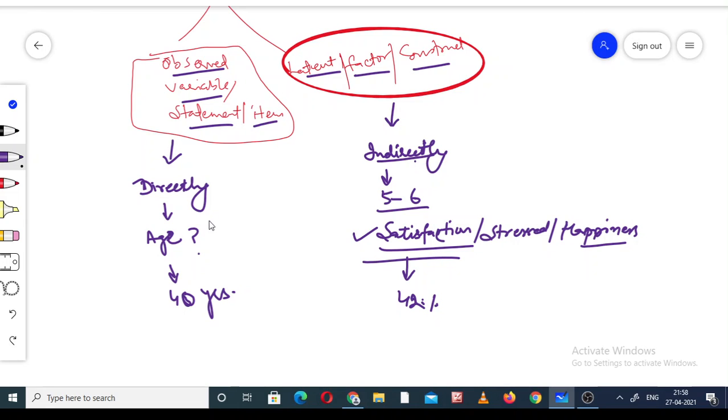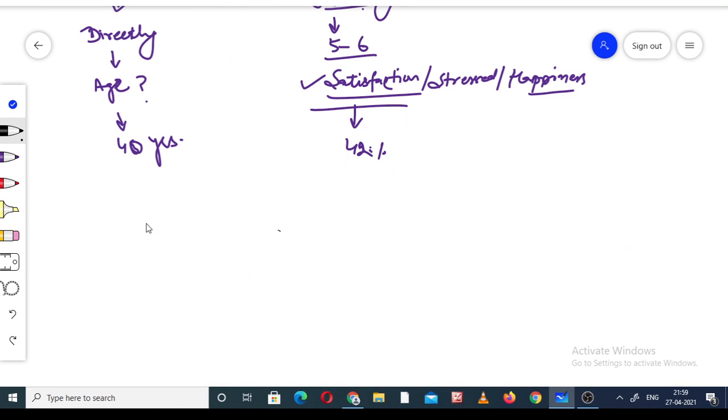One type is the qualitative, the other is the quantitative. These are the observed variable, these are the latent variable. So that is the difference between the observed variable and the latent variable. The important point, relevant to Amos, remember it: in case of the directly observed variable, we always denote it by this square box. And in case of the latent, it is always denoted by a circle like this. So that is the difference between these two.